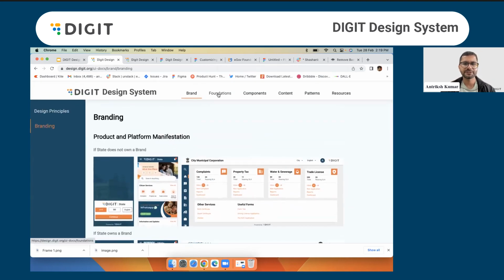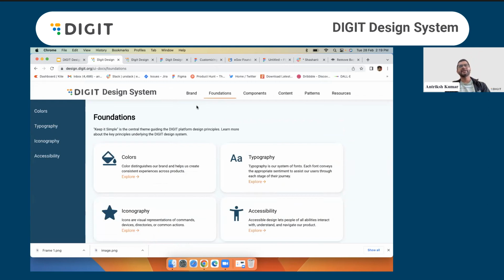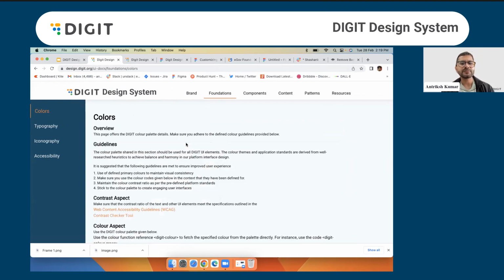Okay, let me come to the foundation part. So, design system foundations. Every design system typically has foundation elements. For example, say colors. We have defined across the product what colors we'll be using, what